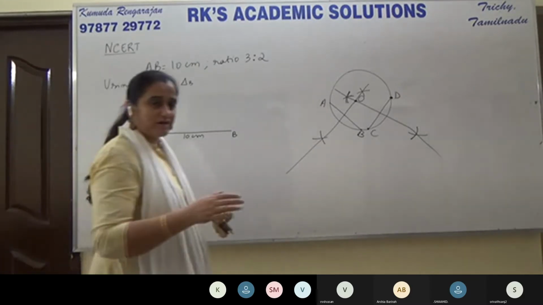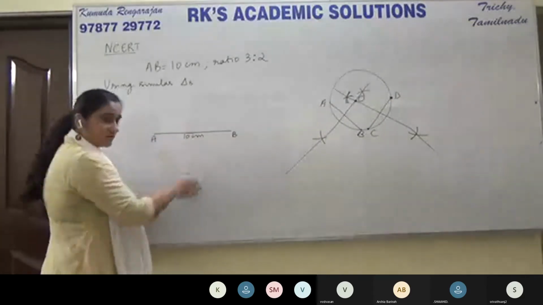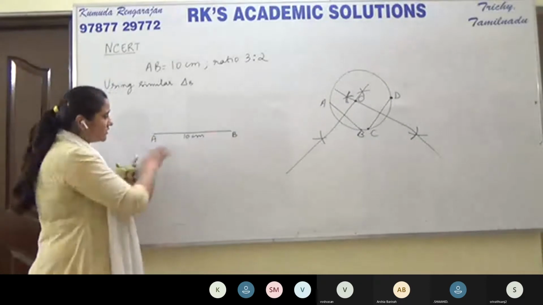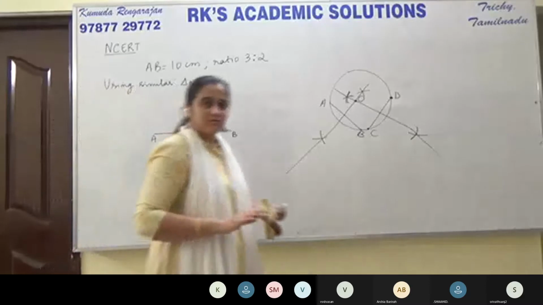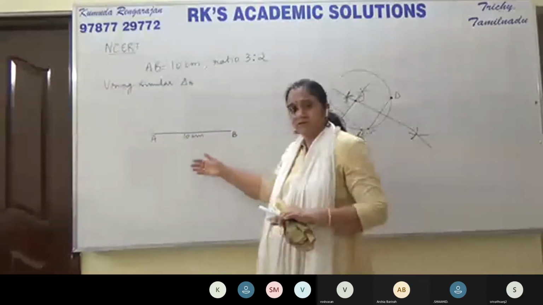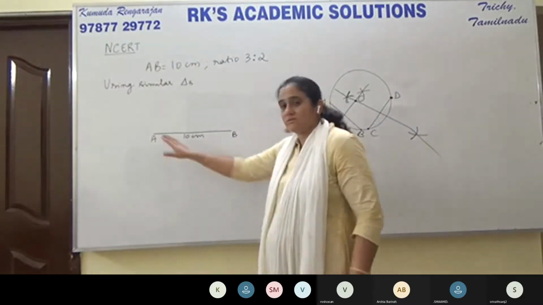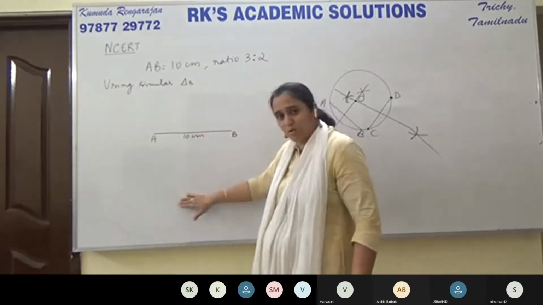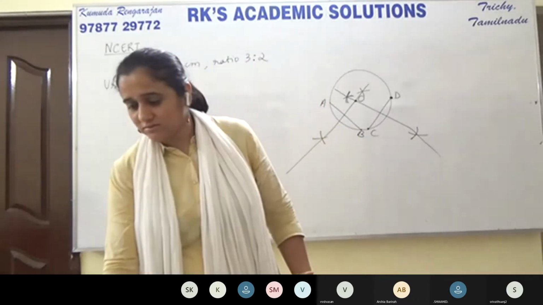In your book, make sure that you have sufficient place below AB and above AB. Supposing you draw this line segment AB at the bottom of your page, then you cannot construct. Make sure that there is space below and above the line segment AB, because you have to do something below and above AB. This line segment AB must be drawn somewhere in the middle of the page. It's fast, children.